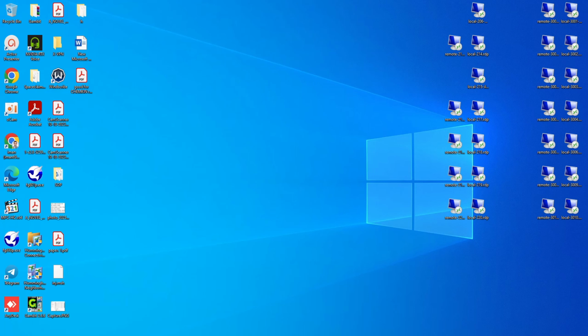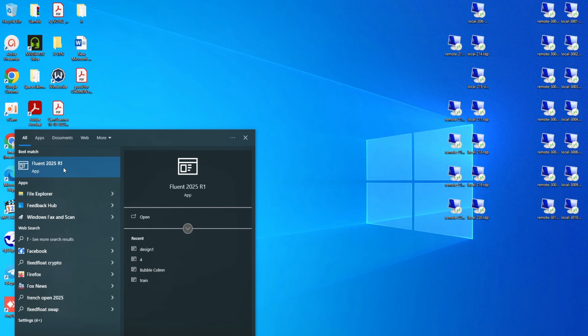As you know, we did this project in ANSYS Fluent. First, search for Fluent in the Windows search bar. Click on Fluent,